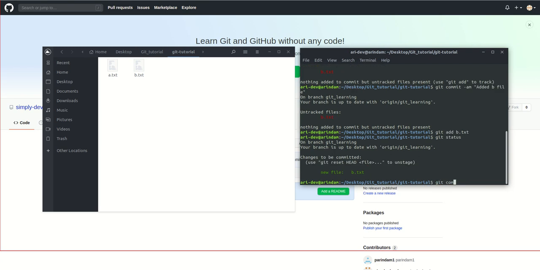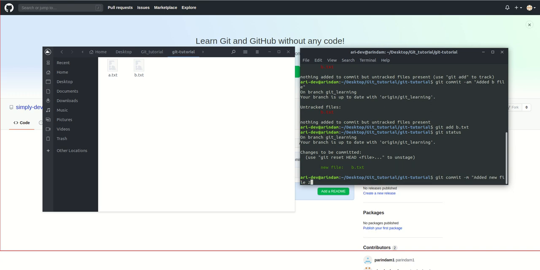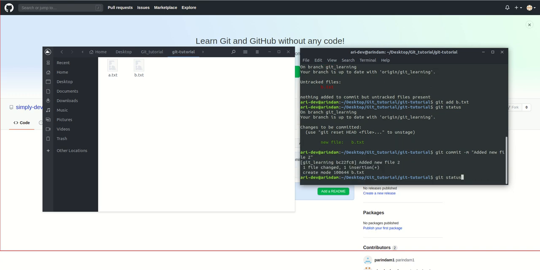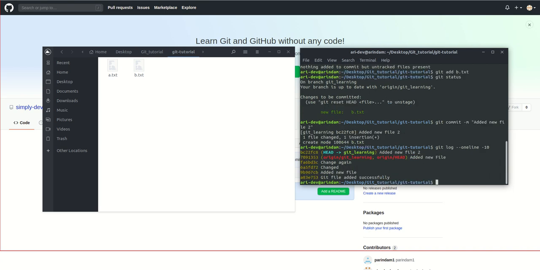Now git commit -am added new file 2. Now check git log. Check, this is our last commit. Now we need to push.